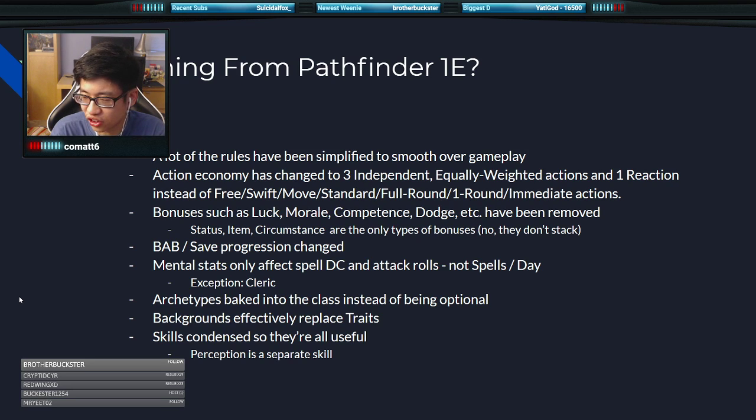So one of the classic free actions in Pathfinder First Edition was the 5-foot step. You can 5-foot step as a free action so long as you didn't move for the rest of the round. And there were quite a few feats based around that 5-foot step. There was step up. So if an enemy took a 5-foot step,